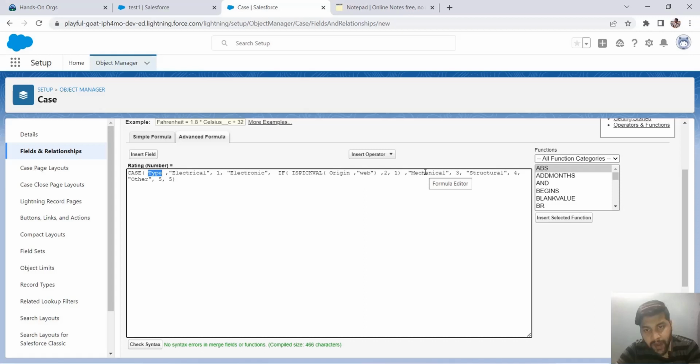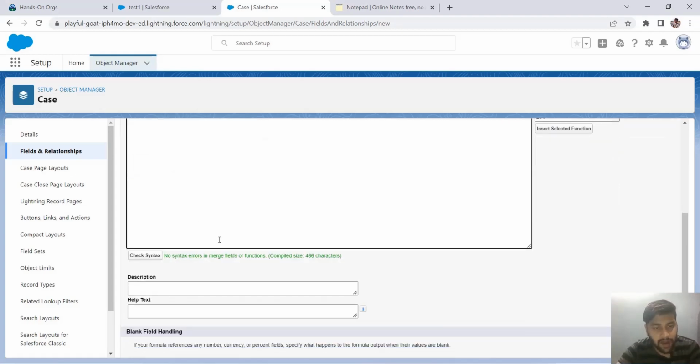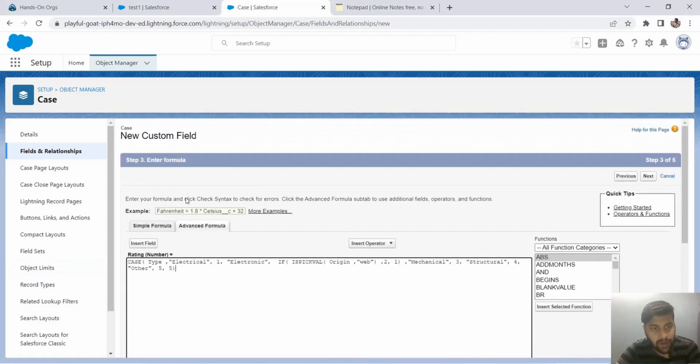But now we go to the mechanical. If it's mechanical, rating is 3. If structural, rating is 4. If it is other, rating is 5. And since we don't need it, but since it's compulsory to provide the else part, we just simply put 5, because beyond other we will be just selecting back to the previous value. In that case, again the value will come to that, so no issue on that. So yeah, we are done with it. So we go next,